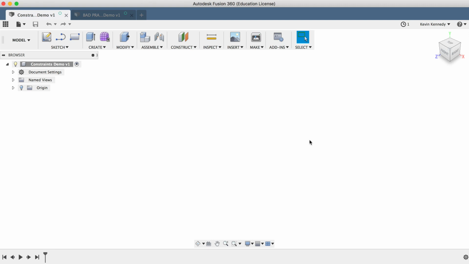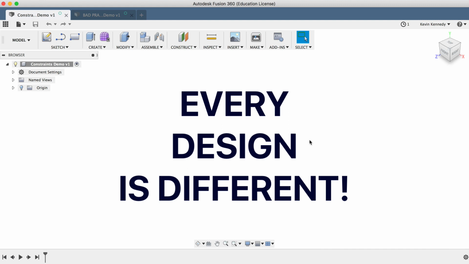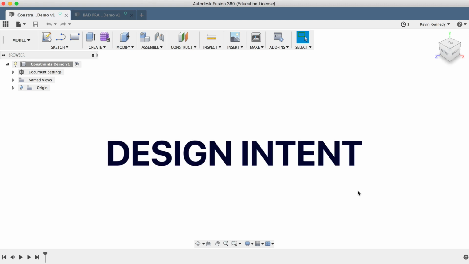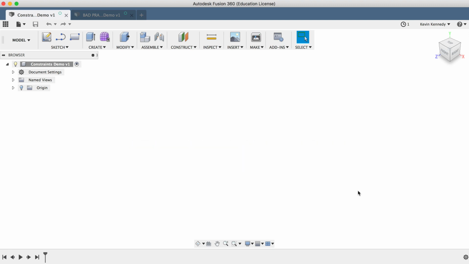But first, it's important to note that the way you define or constrain your sketches will differ per each design. This is why it's important that you come up with a strategy for how your sketch entities relate to one another at the beginning of each model. Now, this strategy is often referred to as the sketch's design intent. Personally, I recommend sketching out your design on pencil and paper before you start sketching anything out in Fusion 360. Doing so will help you think about how the sketch should be constrained before you even get too caught up